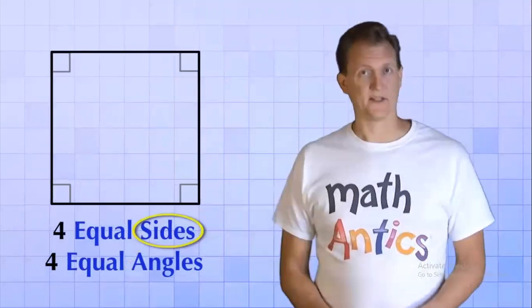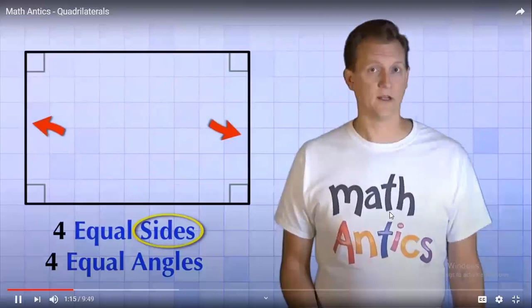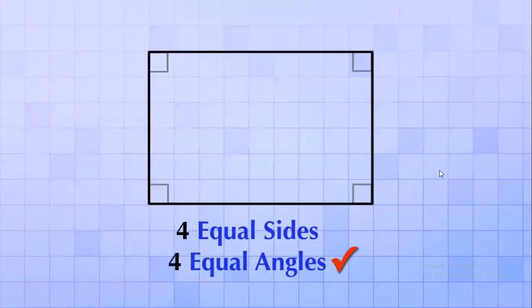Let's stretch our square in one direction so that one pair of sides is now longer than the other pair. This is what we call a rectangle. A rectangle is a quadrilateral that still has 4 equal angles. Notice that when we stretch the square, the